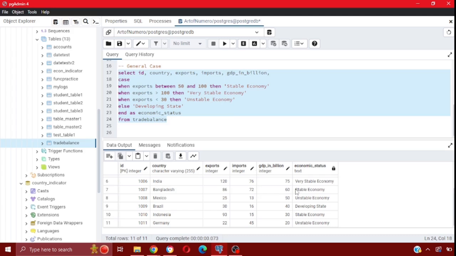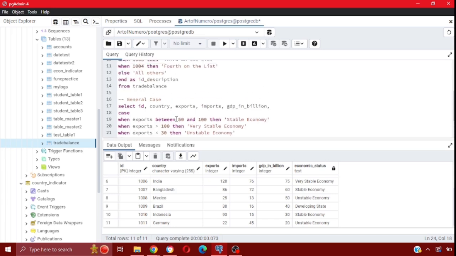So all I'm trying to do here is show you how, when the conditions on your given values, on your given arguments, are not met, the statement goes to read the else and brings what you have as the criteria for your else, which is developing state. And then lastly, you end it and call it by the alias of economic status, which is this column which you just created. And that's pretty much it when you perform a general case statement